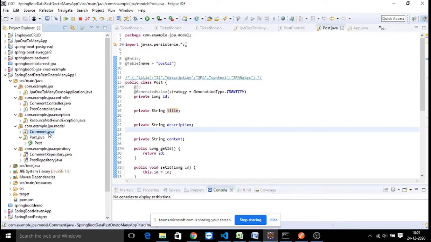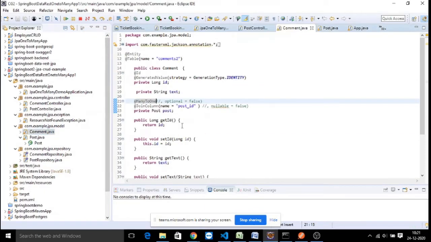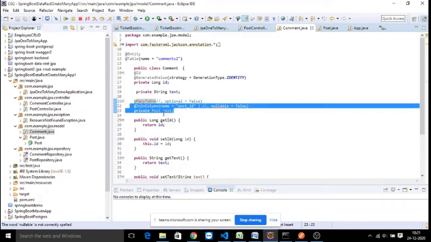And one more entity we are going to use in this application is Comment. The Comment entity has a many to one relationship with the post, or from post it is a one to many relationship. So we need to configure it with the many to one annotation, and the join column is going to be post id. Based on the post id we pass, a number of comments can be added into the comments table. That is how the comments are associated with the post with the many to one relationship. If you take it from the post entity, then it is going to be a one to many relationship.